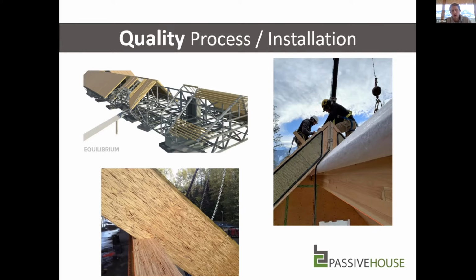When we complete a setup, then we want to incorporate quality control. And so after a setup's complete, we'll go as far as adding membranes on the roof. We'll have WRB membrane on. In the plant, we'll pre-wrap windows. Really, I guess the last step from building an entire house within the plant, we're ensuring quality control because the product never actually sees the environment or any kind of climatic weather. So when we bring it to site, we want to ensure that that quality is maintained and that the